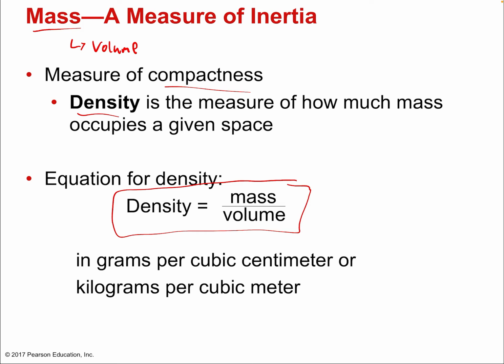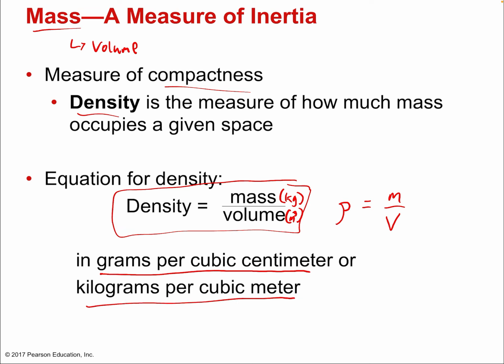Symbolically, density, usually represented by the Greek letter rho, would then be equal to m over uppercase V for volume. M for mass, by the way. Okay? Units here, kilograms for the mass. Volume, what are the units there? Well, it's a space, so three-dimensional, and you take the standard unit of distance, so it's cubic meters. Cubic meters. Okay? It can be also measured in grams per cubic centimeter, or kilograms per cubic meter.